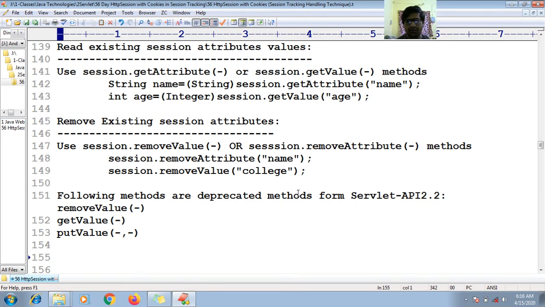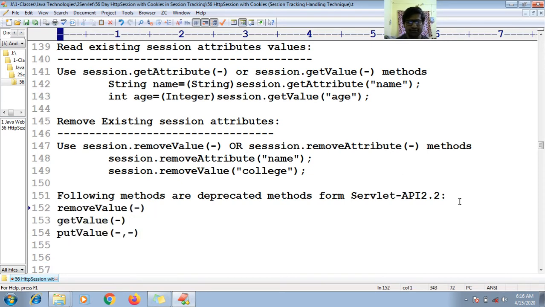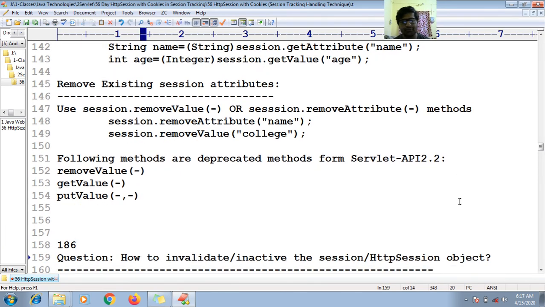The following methods are deprecated from Servlet API 2.2: removeValue, getValue, and putValue. So it is better not to use them. I recommend using removeAttribute instead of removeValue, getAttribute instead of getValue, and setAttribute instead of putValue. Okay guys, let us see now how you can invalidate